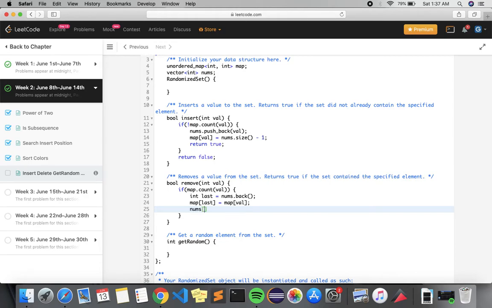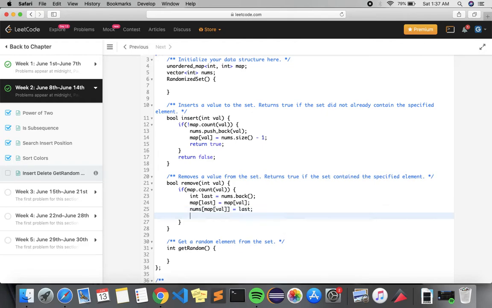Then I have to change the map of the current value to the last value, so that we are exchanging the values of the last index and the index of the specified element. Sorry about that.